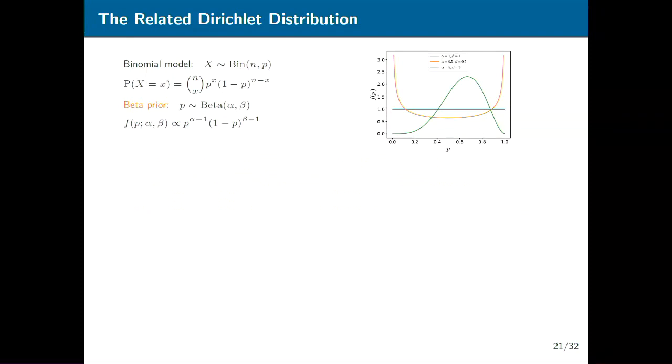I know not everyone spends a lot of time looking at a bunch of distributions, so we'll start off with everyone's favorite. You have the binomial model as a canonical way to model independent coin tosses. And the parameter there is usually P, which is the probability of success. If you were to put a prior on it, then you need a distribution that has the unit interval as its support. And it turns out that the beta distribution is a good choice. It's a very flexible family, containing special cases like the uniform, as shown over there. And it turns out to be a conjugate prior for the binomial, so there's a bit of computational convenience.